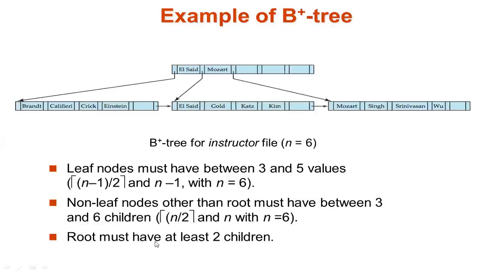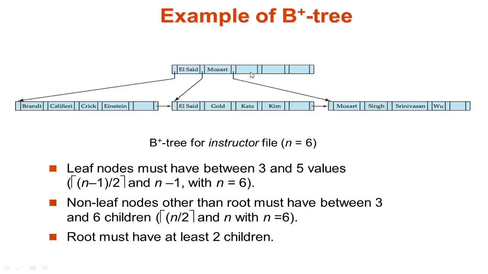If you have a minimum of 2 or 3 records, then it will be split into a minimum of 2 children. Maybe you have studied binary trees, where each and every node has only two children. But here in the B plus tree, the minimum number of children that should be available in each node, especially in the root node, is 2. Otherwise, the number of children that you can create in the non-leaf node should be between n/2 and n, with n equal to 6. That means you have taken 6, and then for the non-leaf node n/2, that is 3, you have to create 3.